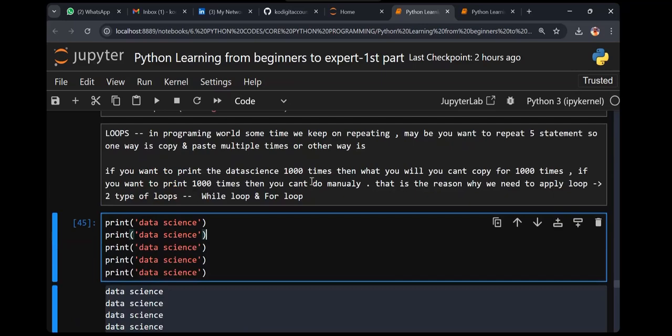If you want to print data science 1000 times, you cannot copy it 1000 times. You can't do it manually. That is the reason we need to apply loops.